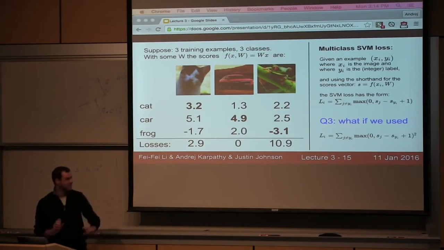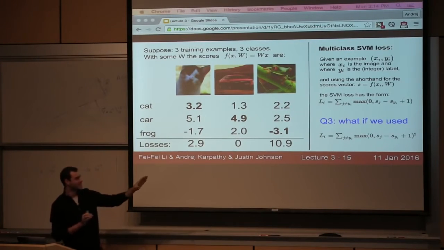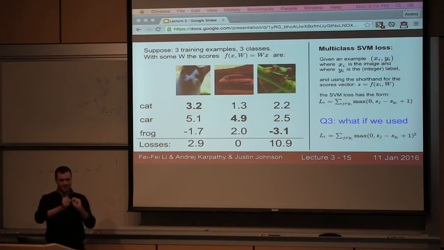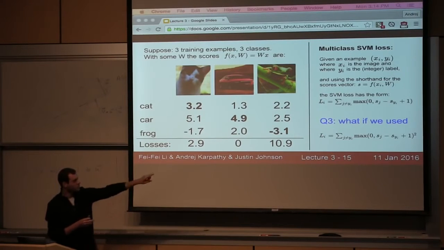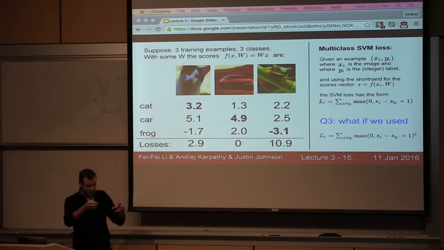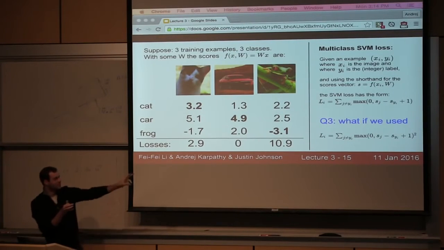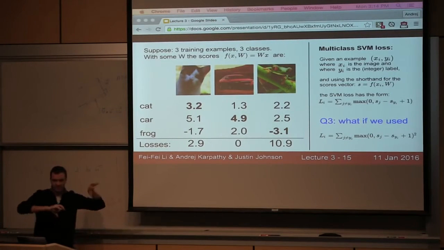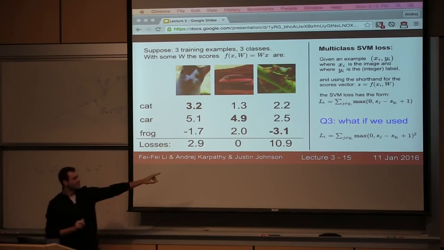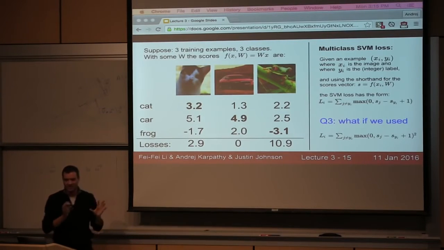It's not as obvious to see, but one way to see it is that we're not just scaling the loss up or down by a constant or shifting it by a constant. We're actually changing the difference. We're changing the trade-offs non-linearly in terms of how the SVM, the support vector machine, is going to trade off the different score margins in different examples. But it's not very clear; I wanted to illustrate that not all changes to this loss are completely a